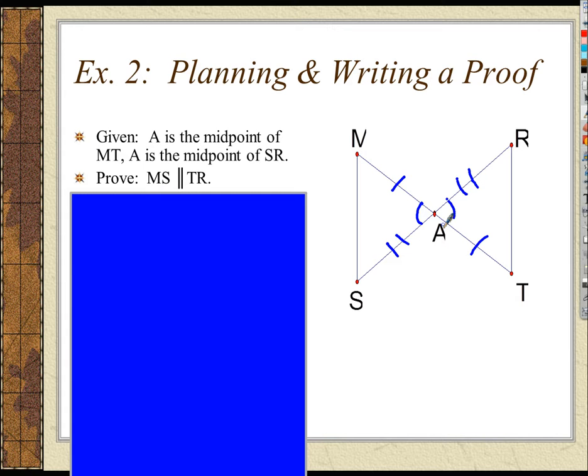And now how does that help us out? What do we now know about those two triangles? They're congruent, right? This triangle over here is congruent to this triangle over here by what? SAS. Side, angle, side. Two sides and the included angle of the left triangle are congruent to two sides and the included angle of the right triangle. And so now we know that if I call this one MAS,